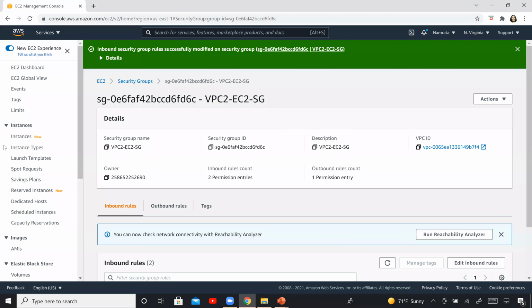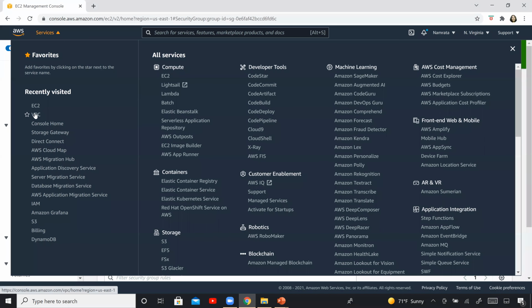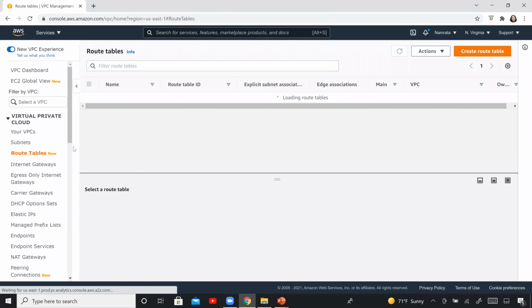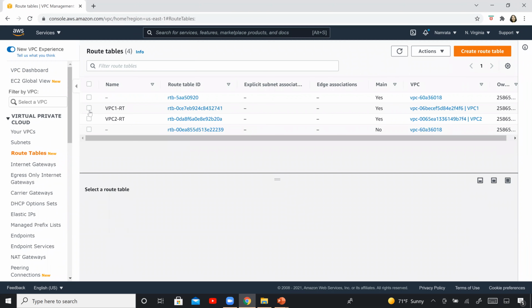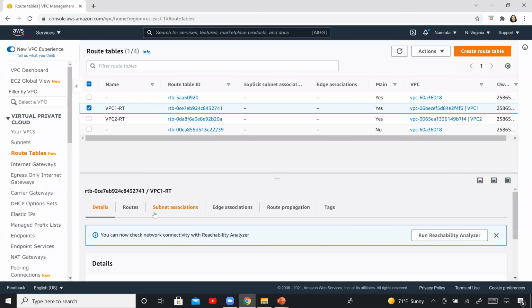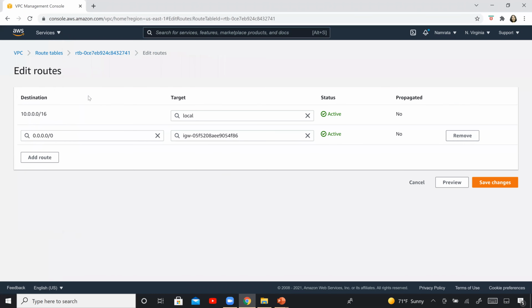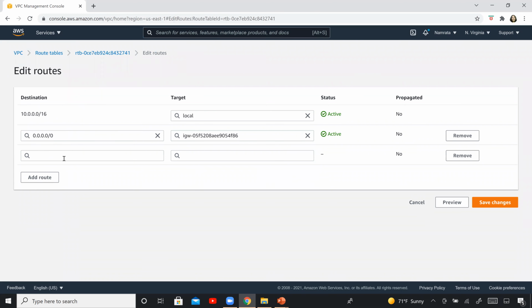So let us go back, go to services, go to VPC, route tables. And remember, we had named them. So this is one of the reasons why you have to name them correctly. Select your route table, routes, edit routes, add a route.